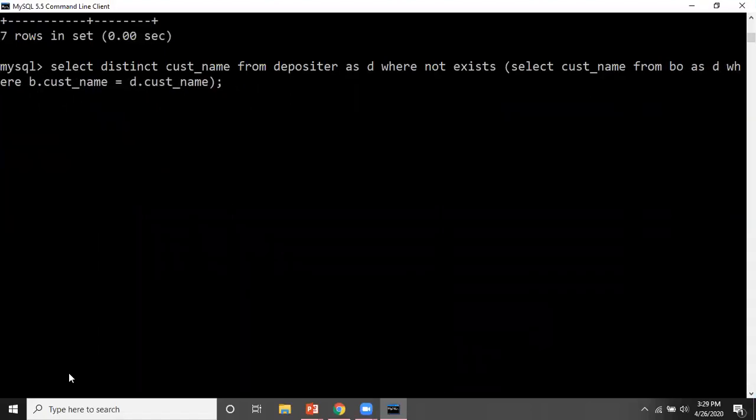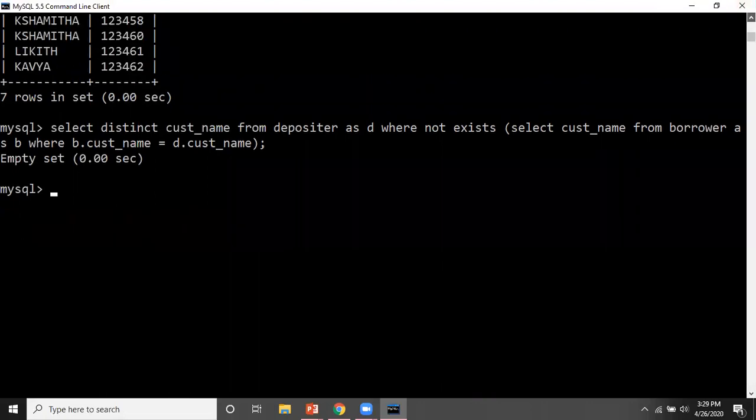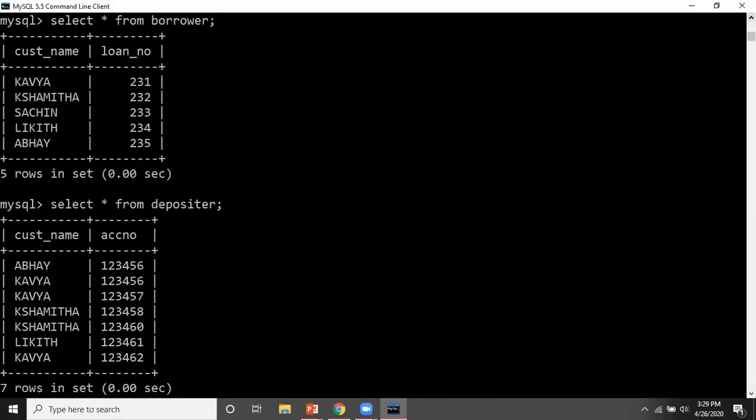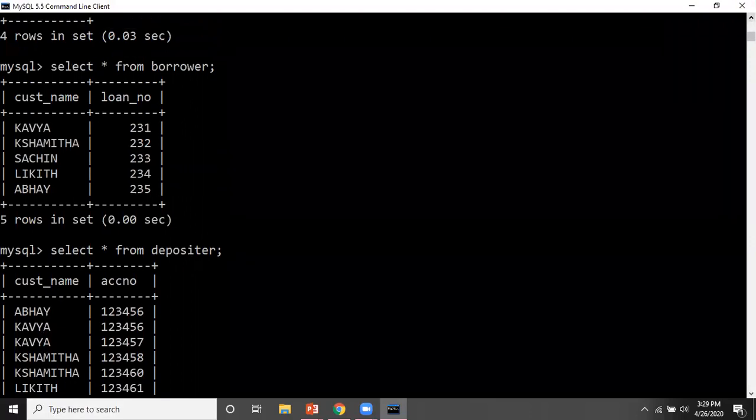So here from borrower as B, and the remaining thing is same, that's it. So this is an empty set. Okay, because if you can see here, all the customers who are having account, these are the customers who are having loan, and these are the depositors. So all the customers who are having account are having loan as well, right?